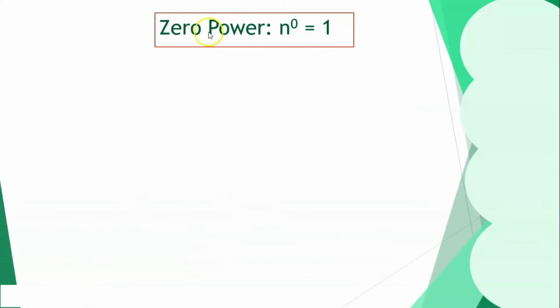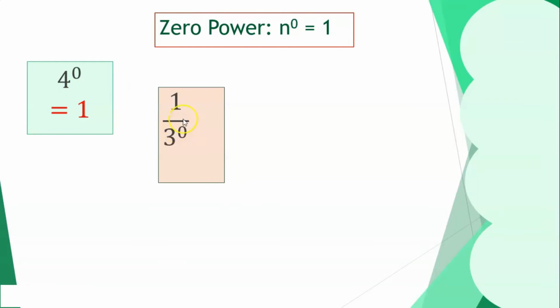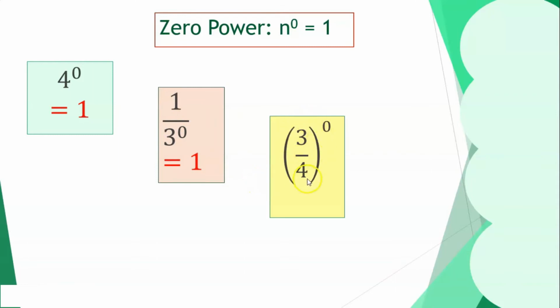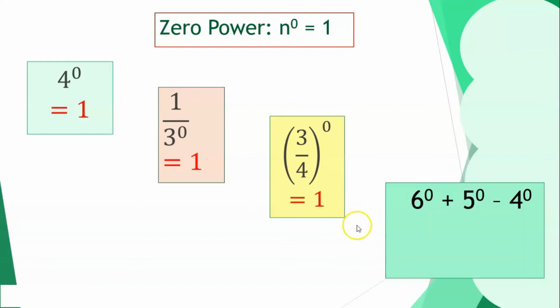Okay, 0 power. So take note, any number raised to 0 is always 1. So 4 to the power of 0, this is 1. 1 over 3 to the power of 0. So this is 1 over 1, or simply it is 1. Another, 3 over 4 to the power of 0. So still this is 1. Another, 6 to the 0 plus 5 to the 0 minus 4 to the power of 0. Substitute, we'll get 1 plus 1 minus 1, or simply it is 1. Okay, another,